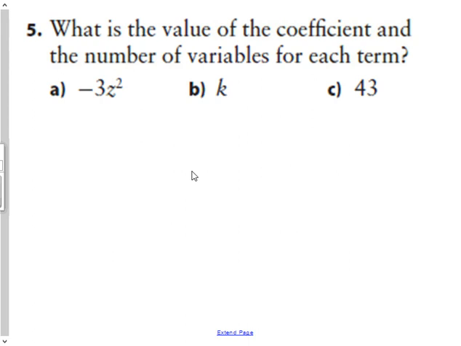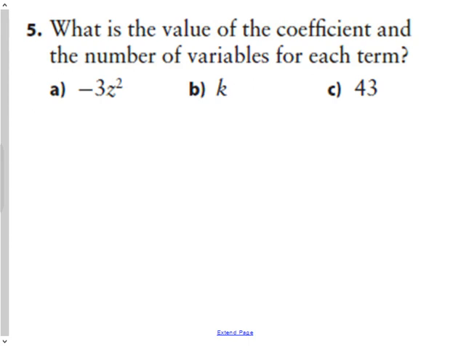All right, this is section 5.2 in MathLinks, called Introduction to Polynomials. This is basically defining what like terms are and how to gather them. And in the final section of chapter 5, which is 5.3, we're going to learn how to add and subtract polynomials. So, the first question that we're going to do today is question 5, which is what's the value of